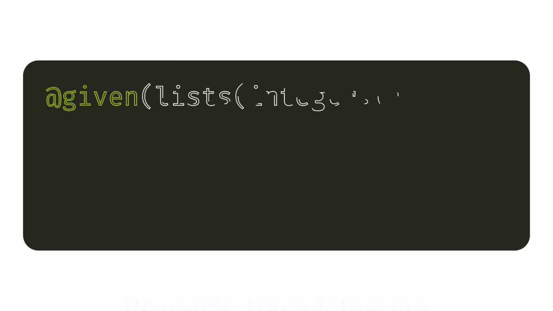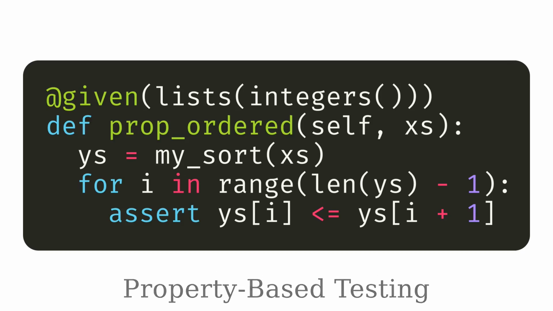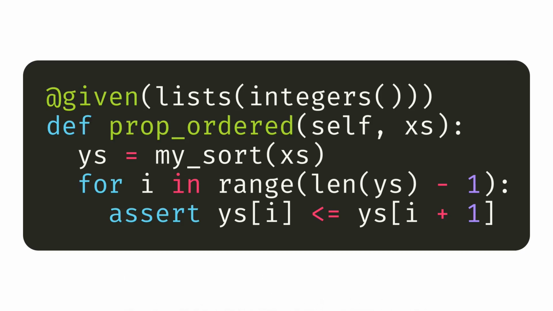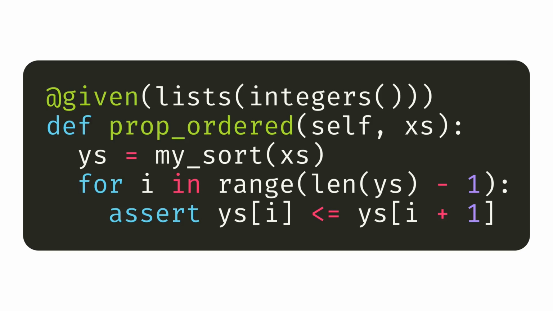This is one of the motivations behind property-based testing. We take properties like the ones we had before, for example, the list is ordered, and we write them down explicitly. We can read this code as, if we sort some arbitrary list x's, the resulting list y's is in ascending order. Rather than write an example of correct behavior, we've written the code to directly check one of the properties we care about, abstracted away from the particular test input.